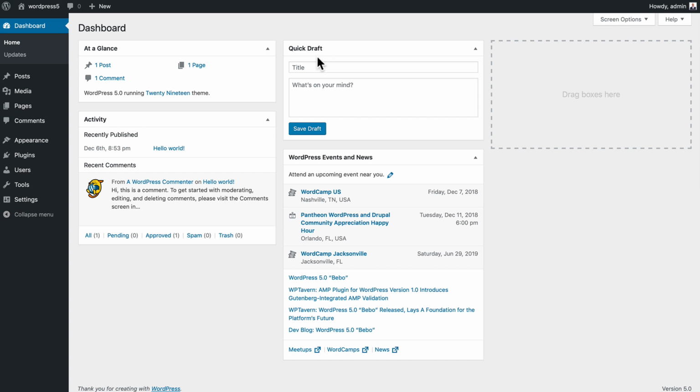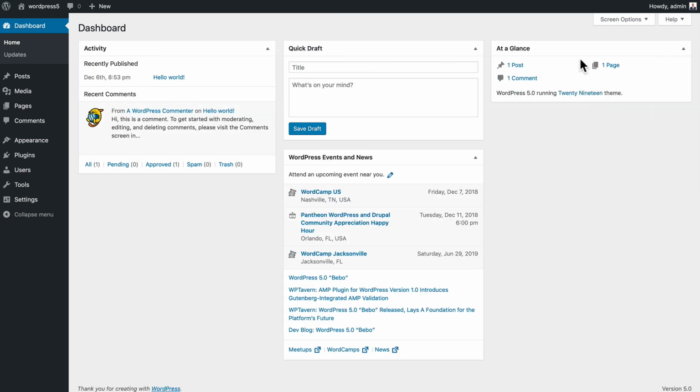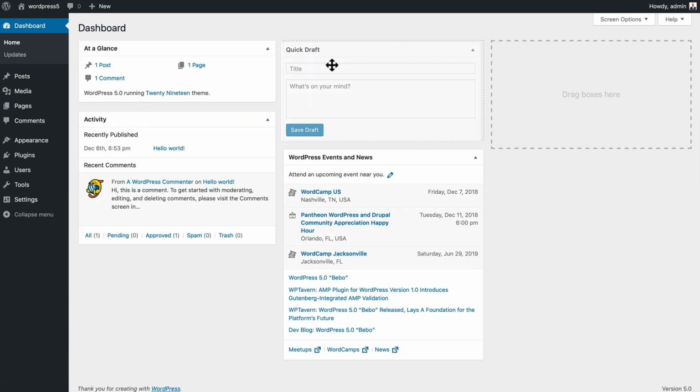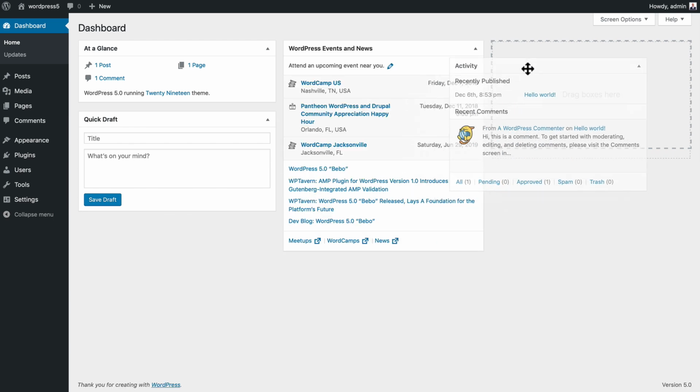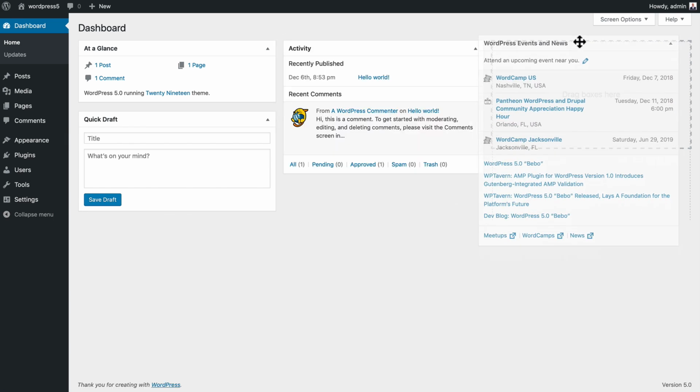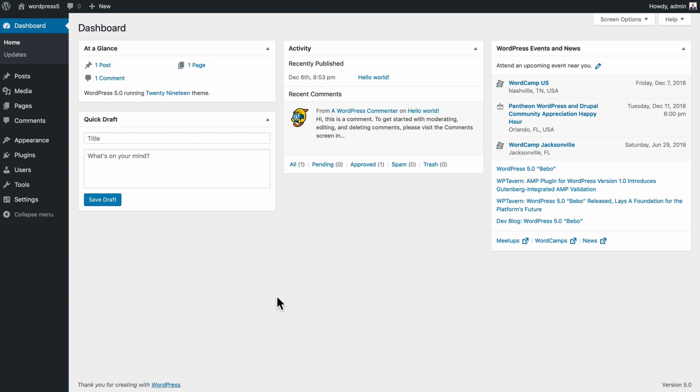Lastly, let me point out that these are collapsible, draggable, droppable, and rearrangeable. So I can move that back over here, move that down there, take Activity, put it up there, and take the WordPress news and put it over there. And instantly, I've got a new dashboard. When you add new features to your WordPress site via plugins, you might find some other dashboard widgets here that you can use, rearrange, or even hide if you want,